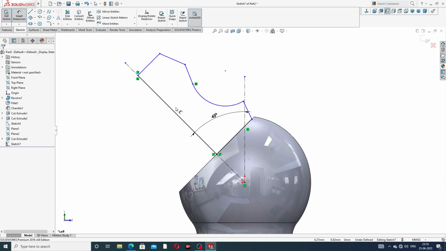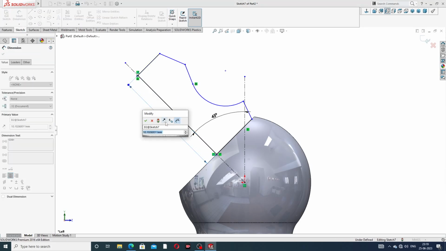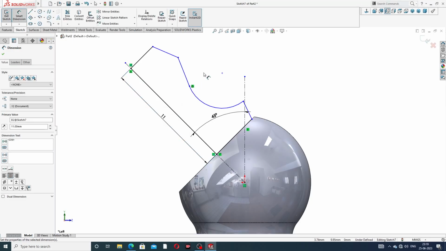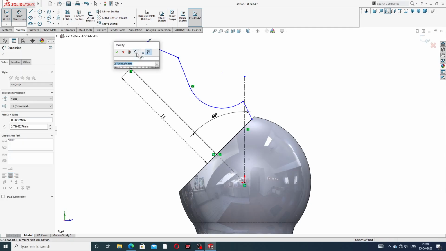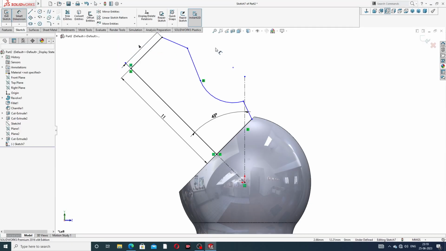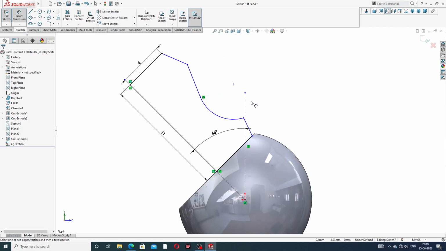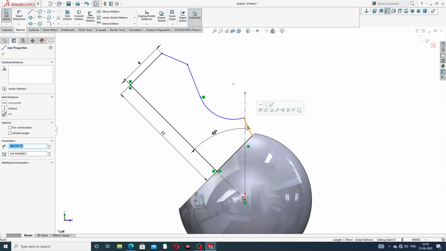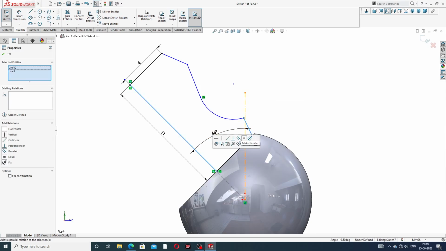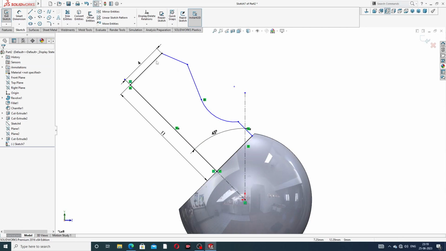Okay, and this dimension is 11. Okay, and this dimension, the radius, is 4. Okay, and this line and this line, select parallel. Okay, and again select